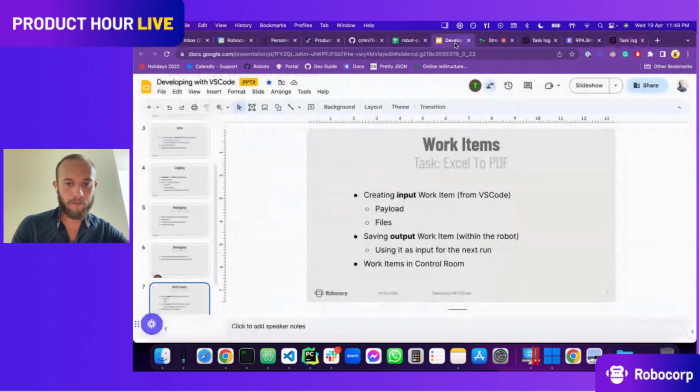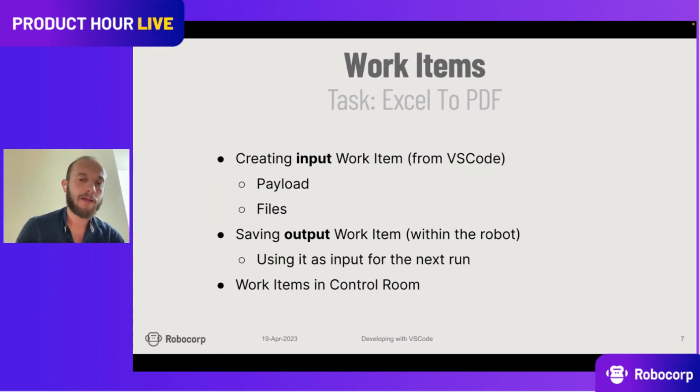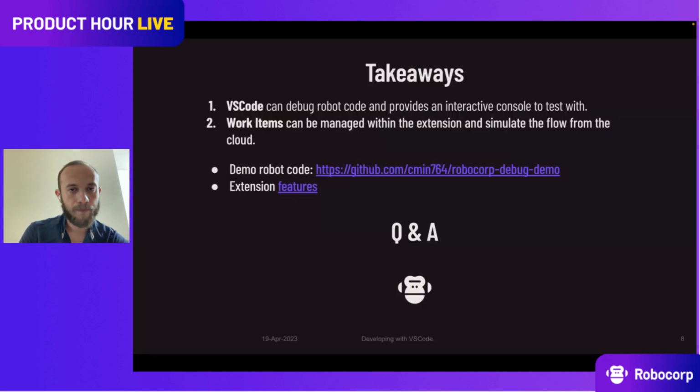So this is what our work items are meant for: a way of inputting data and creating outputs that might be input for other processes or other tasks in your own process as steps. This way you can process a lot of things like that. And this is a convenient way of simulating what happens in control room, so you have an idea of how the bot will act and react during local development before testing it in production or in a test workspace in the cloud.